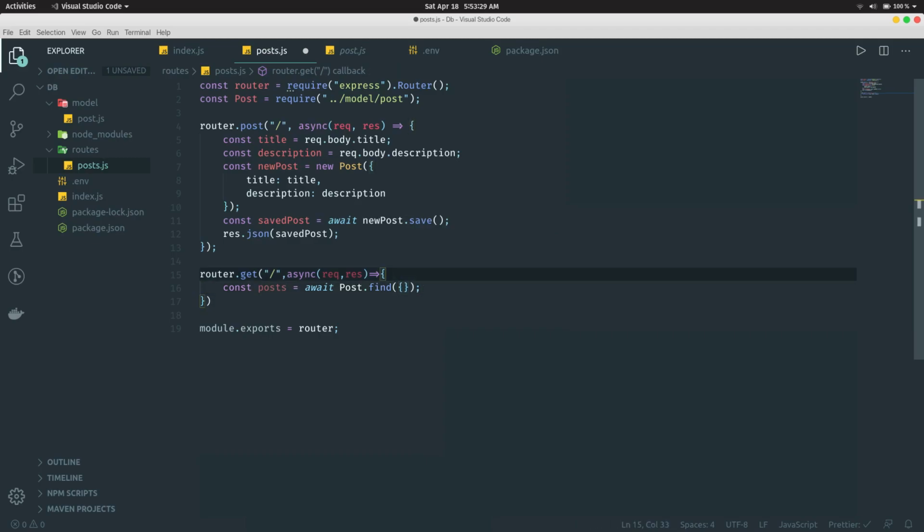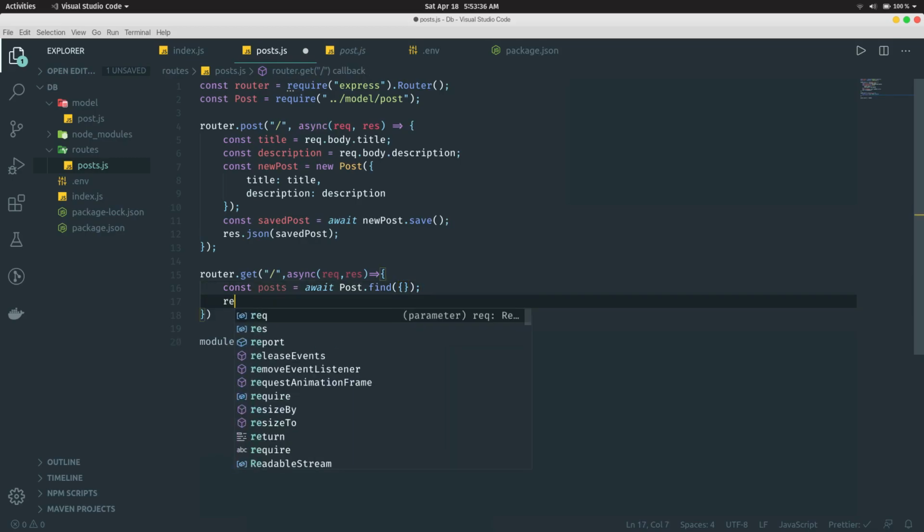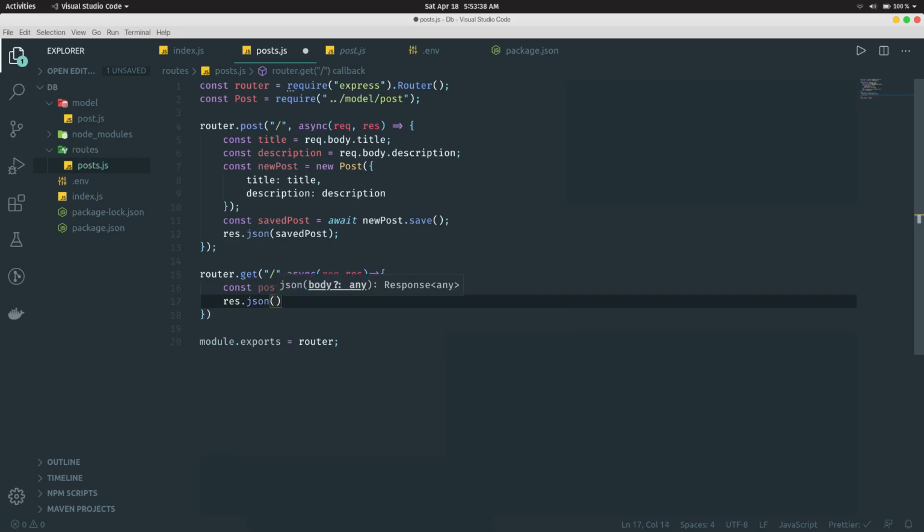So whenever we give nothing to this Post.find right here, it will send back all the posts. So now we do res.json posts, alright,